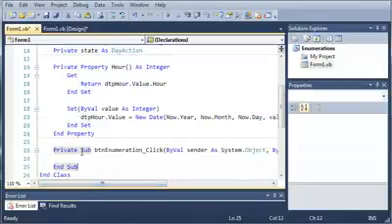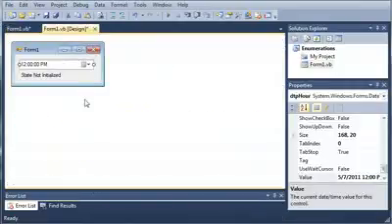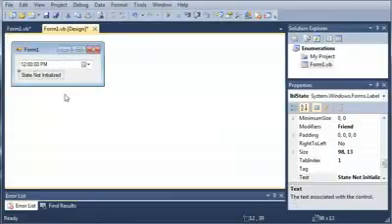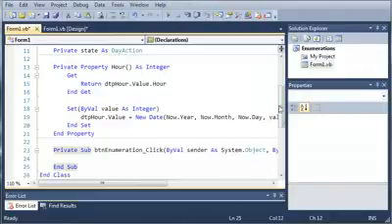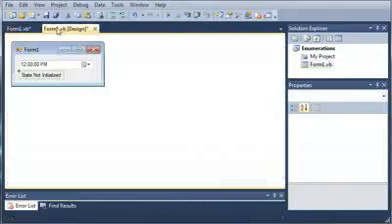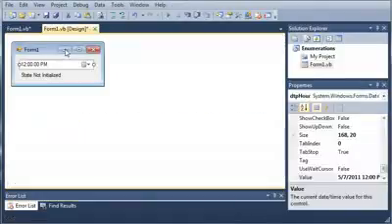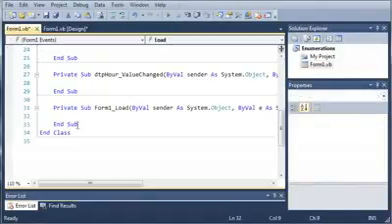Now what we want to do is change this text label based on what the person is doing. Before we get started doing that, we need to create two events. Double click on your form 1 and double click on DTP hour. So we're going to get private sub DTP hour value changed, and we're going to get form 1 load. When form 1 loads, we want to set our date time picker to the current time that the program is running. So what we'll do is we'll go ahead and type